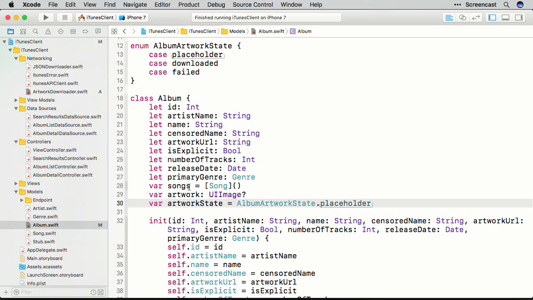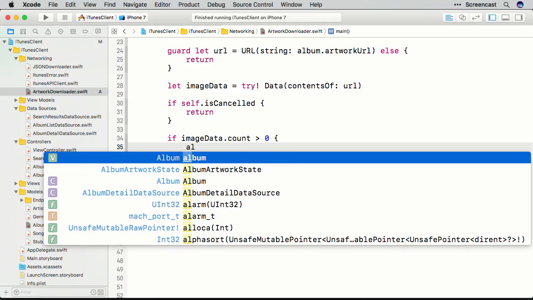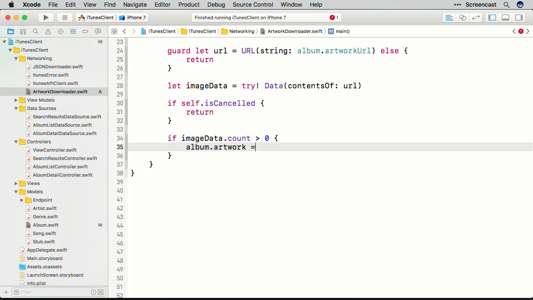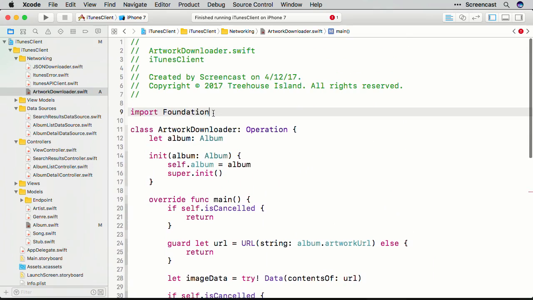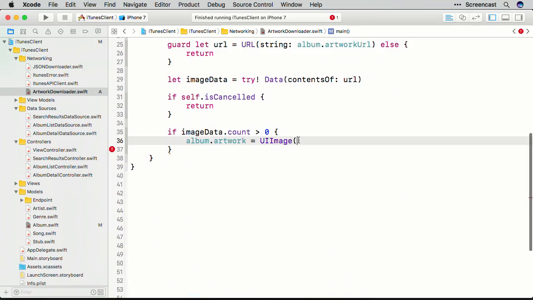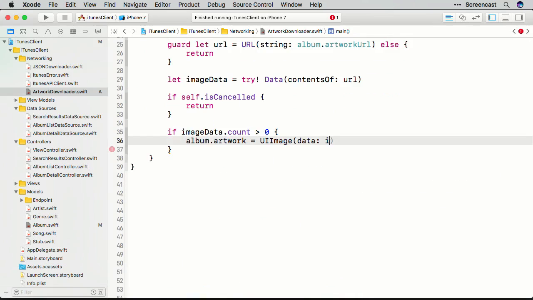So now that we've added these 2 properties, let's go back to the downloader. So here, if the image data constant actually contains data, we'll convert that to an image. So we'll say album.artwork, and we'll assign this back to the artwork property we just added. Equal UIImage. We'll need to import UIKit at the top to get that to work. And now we can use an initializer on UIImage that takes a data instance,